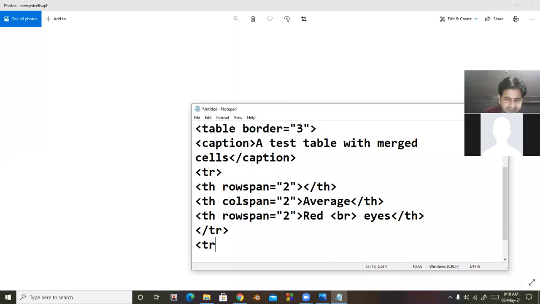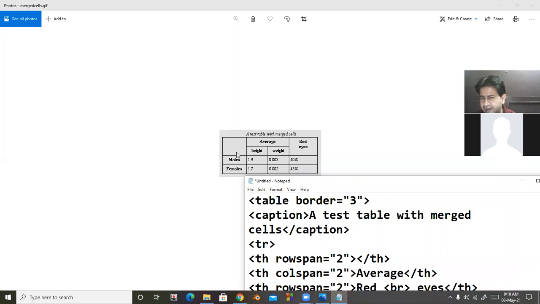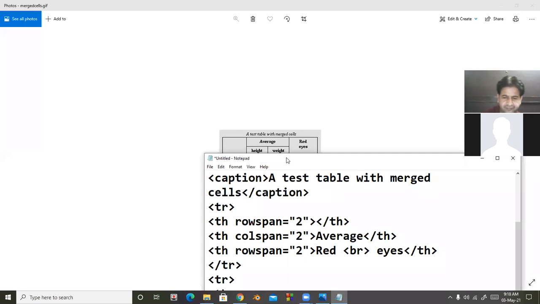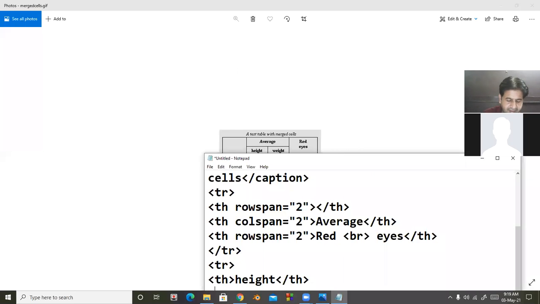Next TR start. So look at here. In first cell we have already inserted due to merging. We will have to add only height and width because these are bold and center aligned. So we will use here TH. Here is height. And then TH closed. And then again TH start.